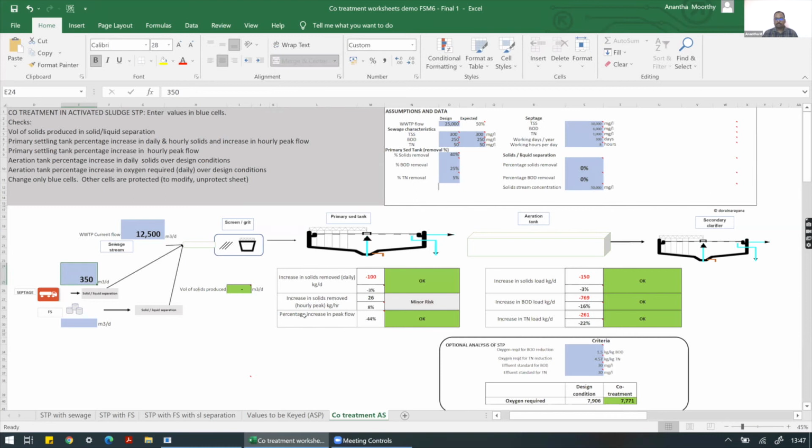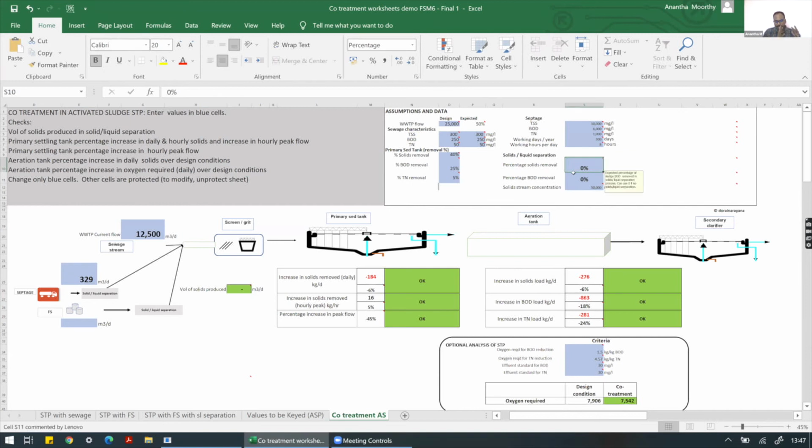So you can see almost oxygen requirement is satisfied, solid loading, BOD loading, TN loading is all satisfied, except the increase in solid removed per hour. So this is not a major risk, it's a minor risk, which you don't want to take up if you consider the O&M perspective. So you can optimize until a particular point beyond which you can't add. So for this case, we found that 329 KLD is the optimum capacity, the maximum capacity of fecal sludge that you can add into the system without compromising any of those 5 parameters and the additional oxygen requirement.